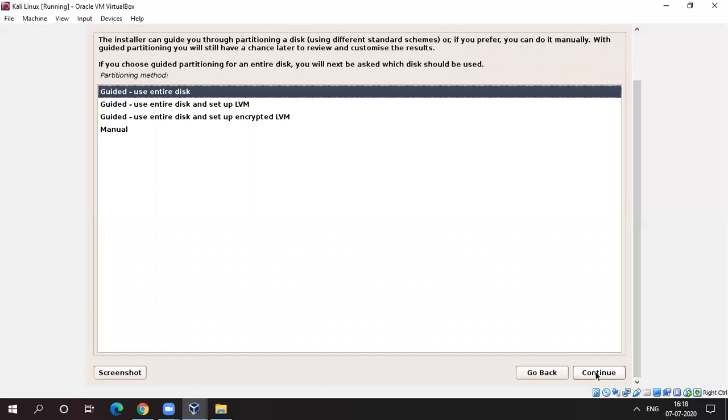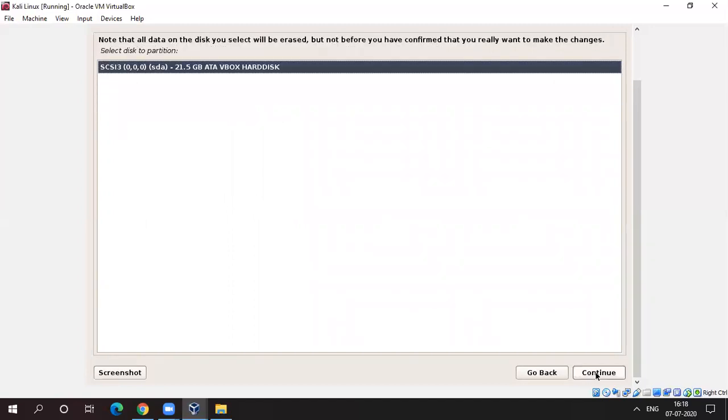Okay, so in this step we need to partition the disk, but we will do a configuration as a beginner by using the entire disk without partitioning, right? So first we need to go for guided, use entire disk. So I'll just go for continue. Then we have to select the option, this is the option, that is SCSI3.